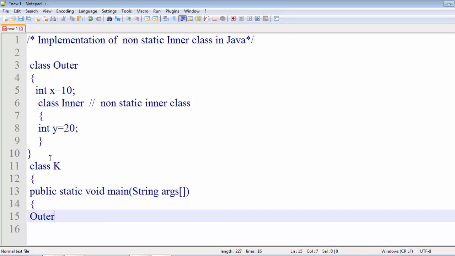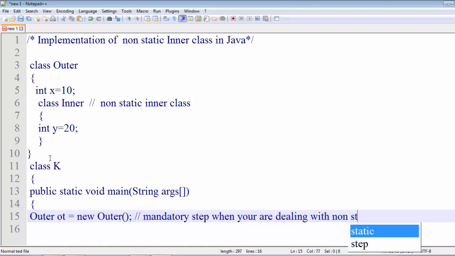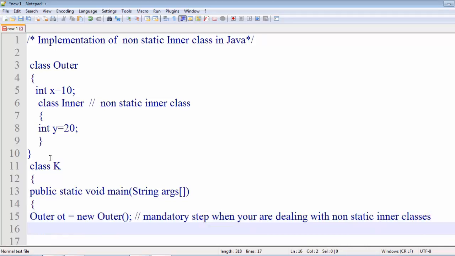So we create the object of the outer class as ot is equal to new Outer. This is a mandatory step when you are dealing with non-static inner classes. So you have to keep this in mind.